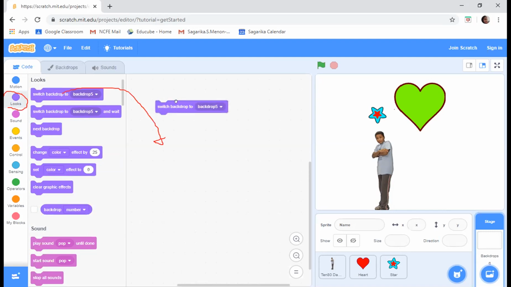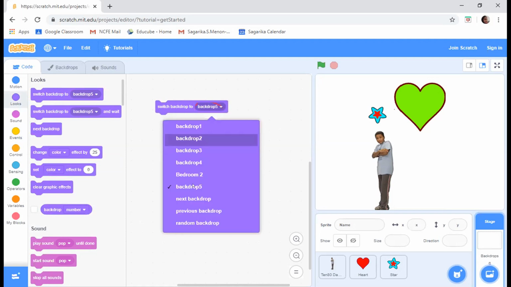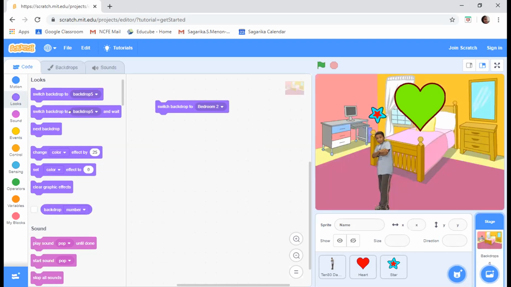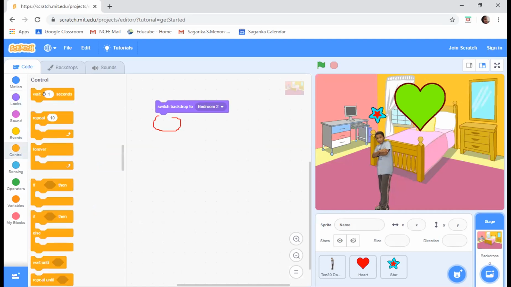Let the first backdrop be your bedroom backdrop, because when you start your program, you will have the bedroom backdrop, correct? Then you are going to wait for 4 seconds. Go to control. And just remember why you are waiting for 4 seconds, because that person is thinking for 4 seconds.